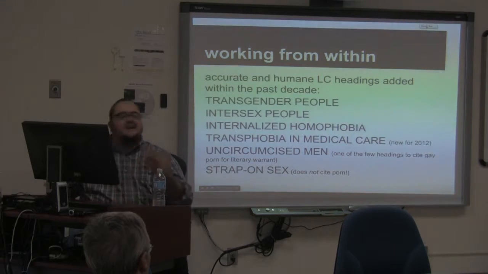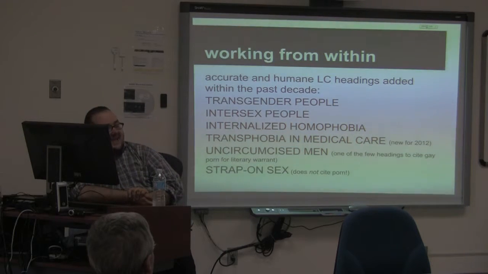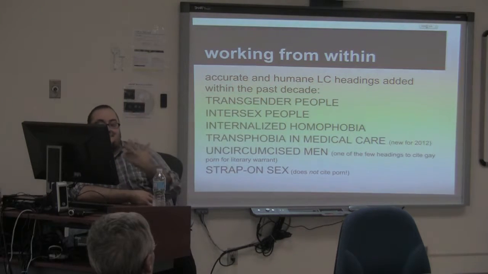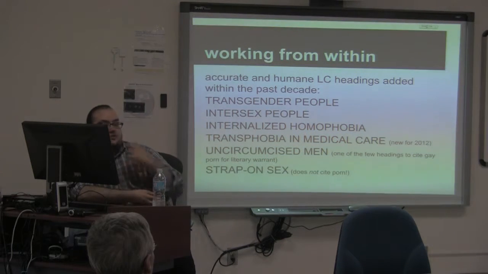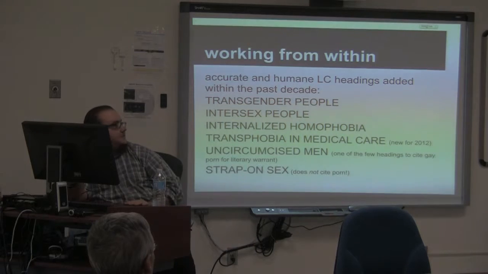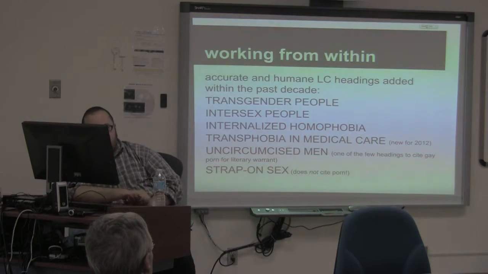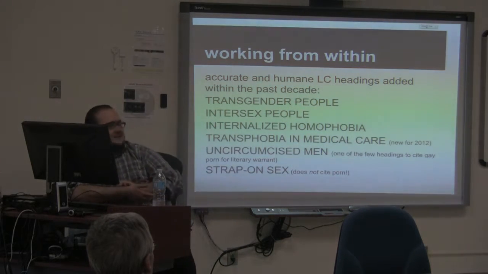But you know, all is not lost. So here are some examples of the gay cataloging mafia doing their good work all over the Library of Congress subject headings. So here are some improvements. There's transgender people, 2007. Intersex people, which wasn't created as a concept in 2007, but the previous term had been hermaphrodites and all those variants. And so someone realized that hermaphrodites was incredibly insulting language and changed it to intersex in 2007.